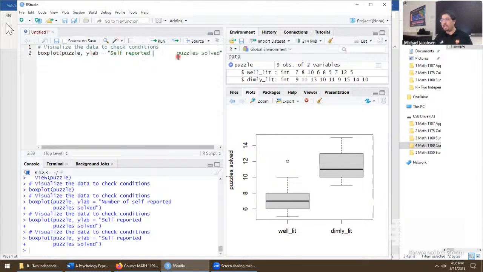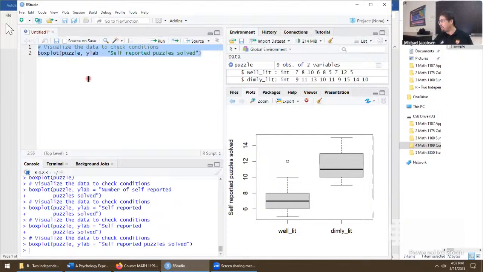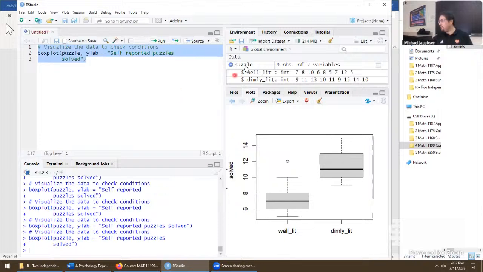Maybe it's because of that break I put in. Didn't think that would happen, but weird things can happen sometimes when you're doing something in front of everyone. Say hit Control A, Control Enter here. And yeah, self-reported puzzle solved. Strange. I'm not too sure why the behavior did that on me. If I go like this, it should have continued.